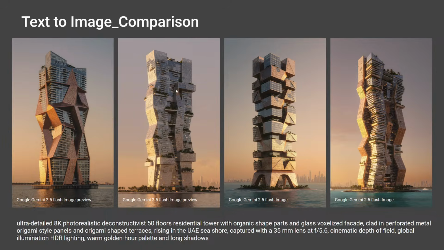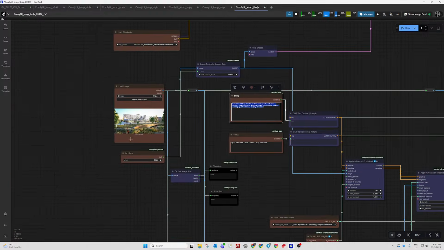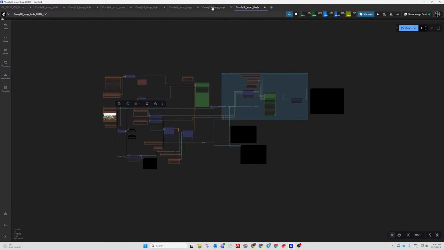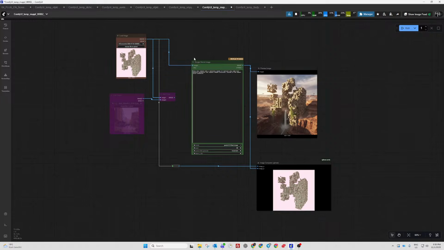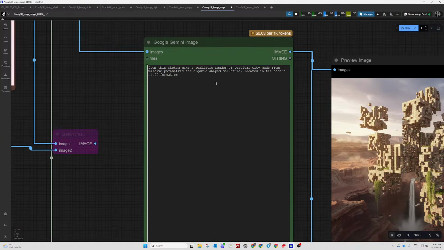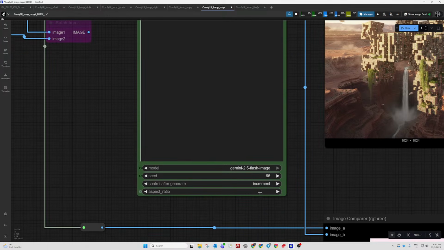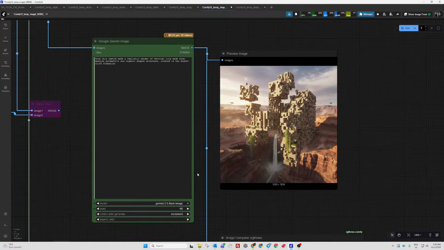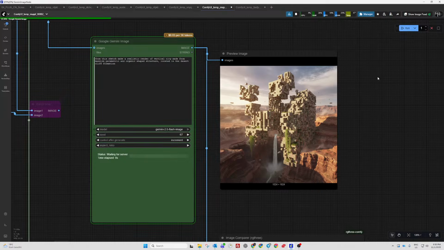I did all these tests in ComfyUI, so if you don't know this interface, it looks like that, for example, and for Gemini it looks like that. It's a really simple one. You have this Google Gemini image node, and you can pick one model or another. Here you can pick a prompt and what to do with the seed after generation. I usually use the increment parameter to increment the seed by 1,